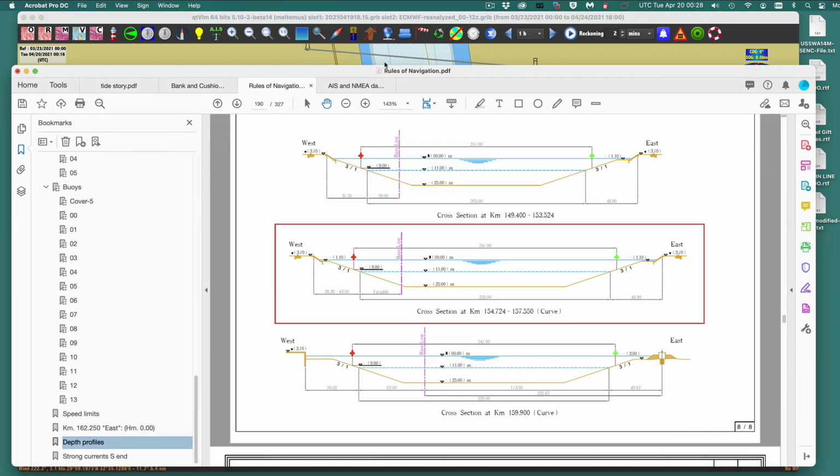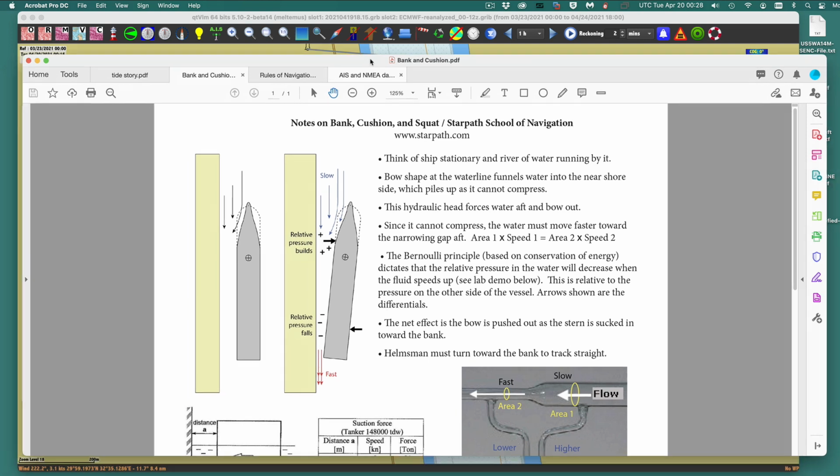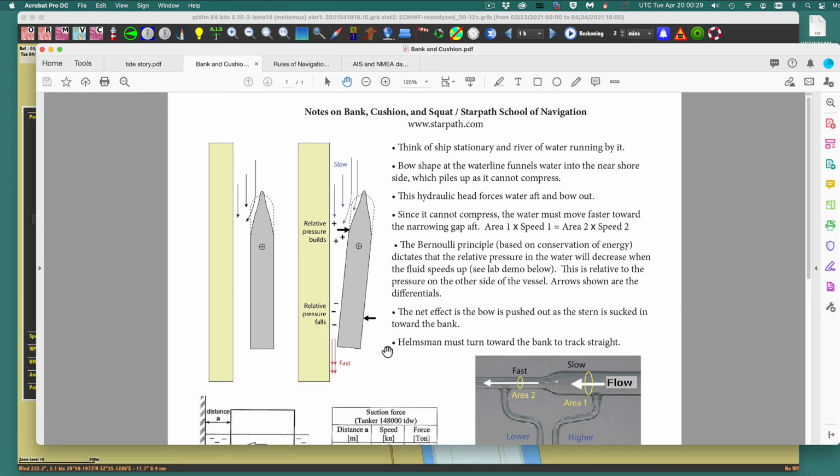The effect is pretty well known, but okay, here are some notes on what's called bank cushion. Now, this is the top view. That's like our view of the ship that you see in the earlier videos. It looks like that, and that's sure enough what it looks like from a plane. But if you're down at the actual water level, it looks like a dolphin, actually. I never thought about that. And if I were a yacht designer, I'd probably know why it looks like a dolphin. Anyway, that's not the issue. But that dolphin shape